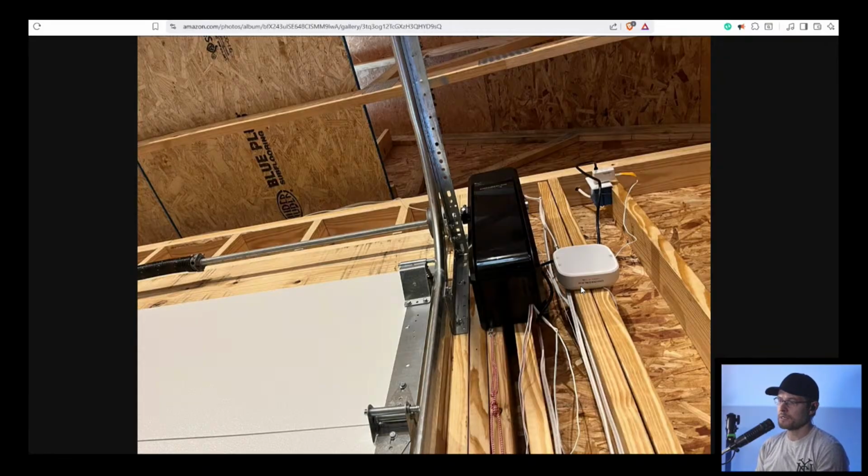So boom, garage door opener installed, and like I said, I have a sensor on the door that talks to my house. So that is also pretty handy. The Chamberlain, this beltless one, is actually a little bit more expensive than your traditional garage door opener. It uses an app called MyQ, which is also what my other garage door is on, so it's all in one place, which is really nice.